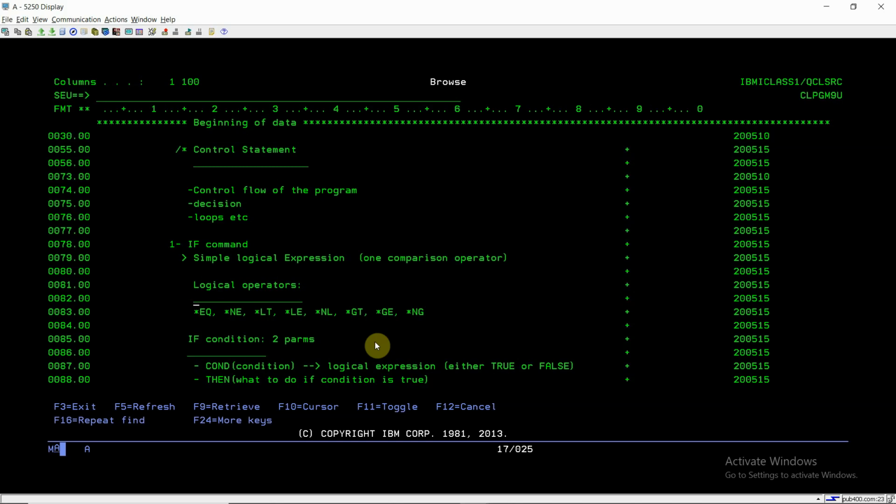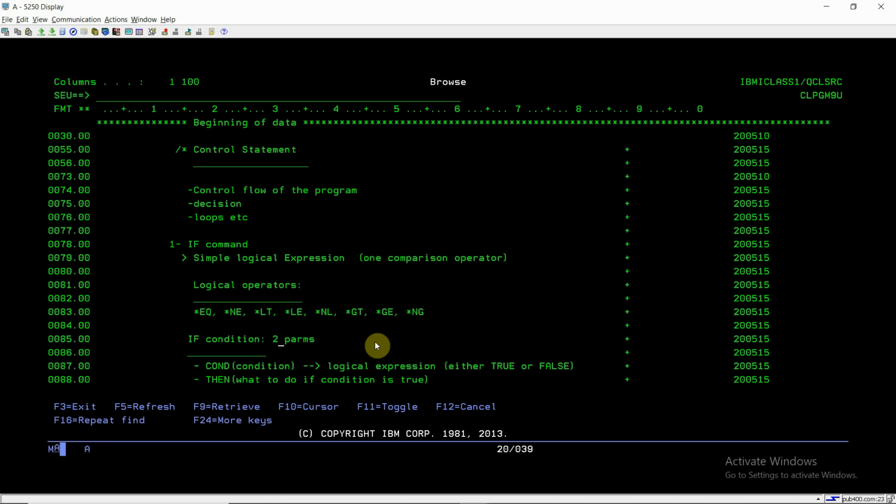These are the logical operators: *EQ, equal, not equal, less than or equal to, not less than, greater than or equal to, not greater than. These are the operators available in CL programming, and we use them in making expressions. In our IF condition expressions we will use these operators, and that expression will be evaluated to either true or false.